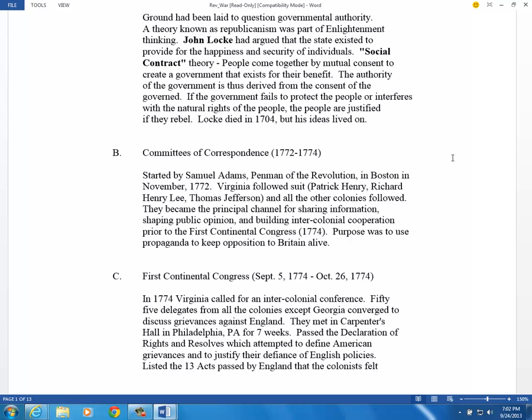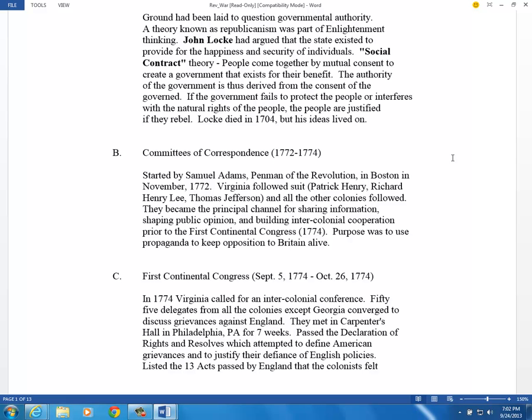When people refer to the shot that was heard around the world, they're talking about those first shots that took place at Lexington. Again, that's before the Declaration of Independence. We're still trying to make peace with the British. Even to the point that after the Second Continental Congress,